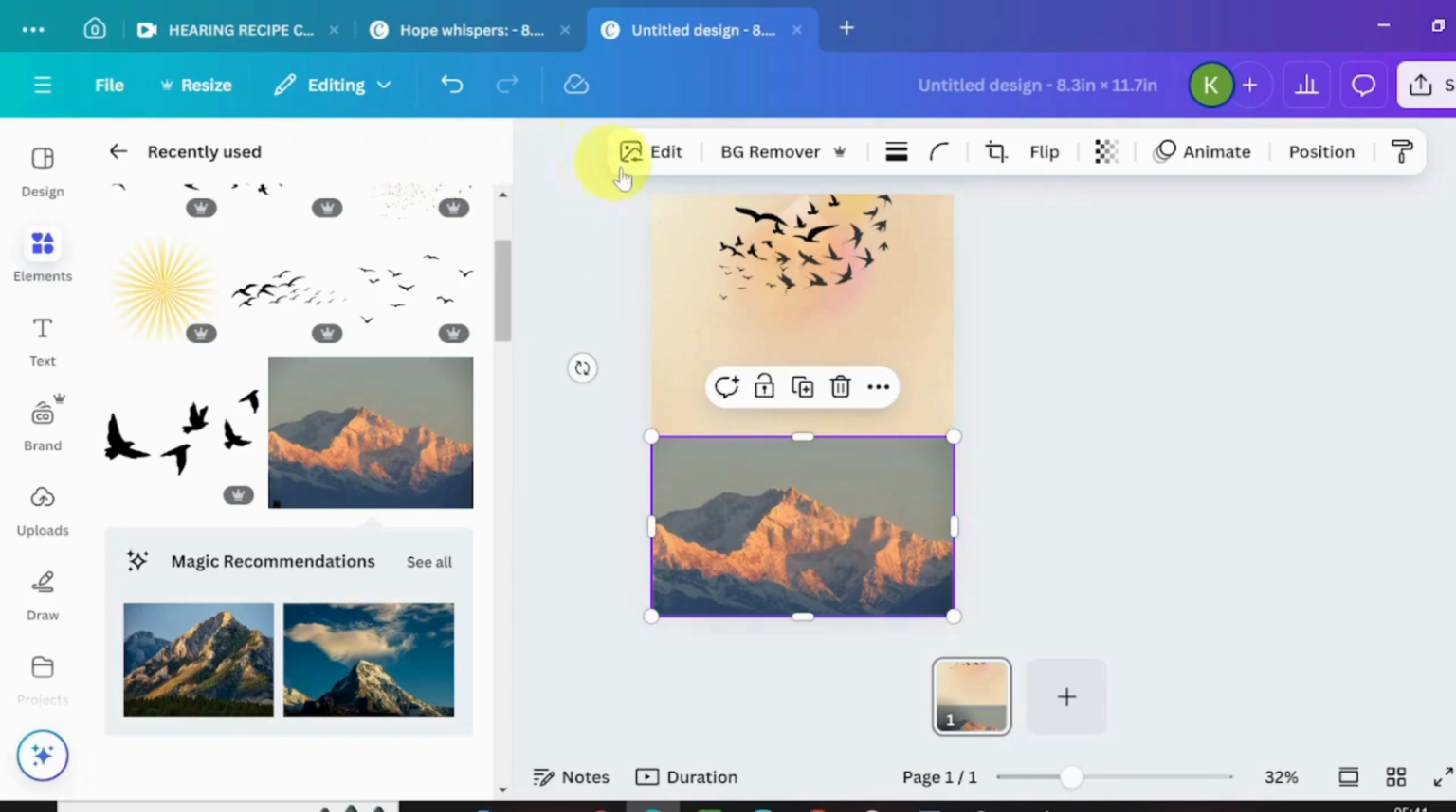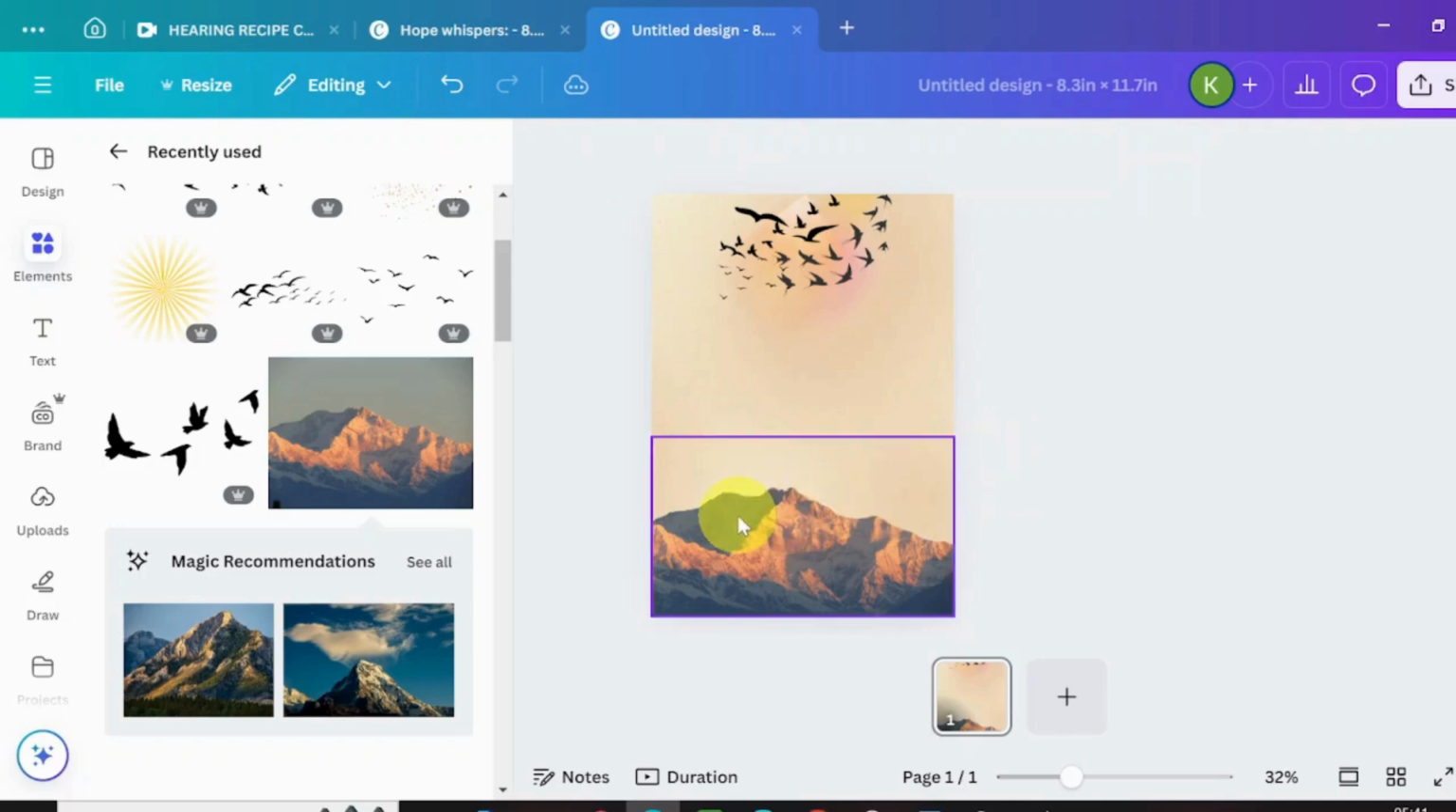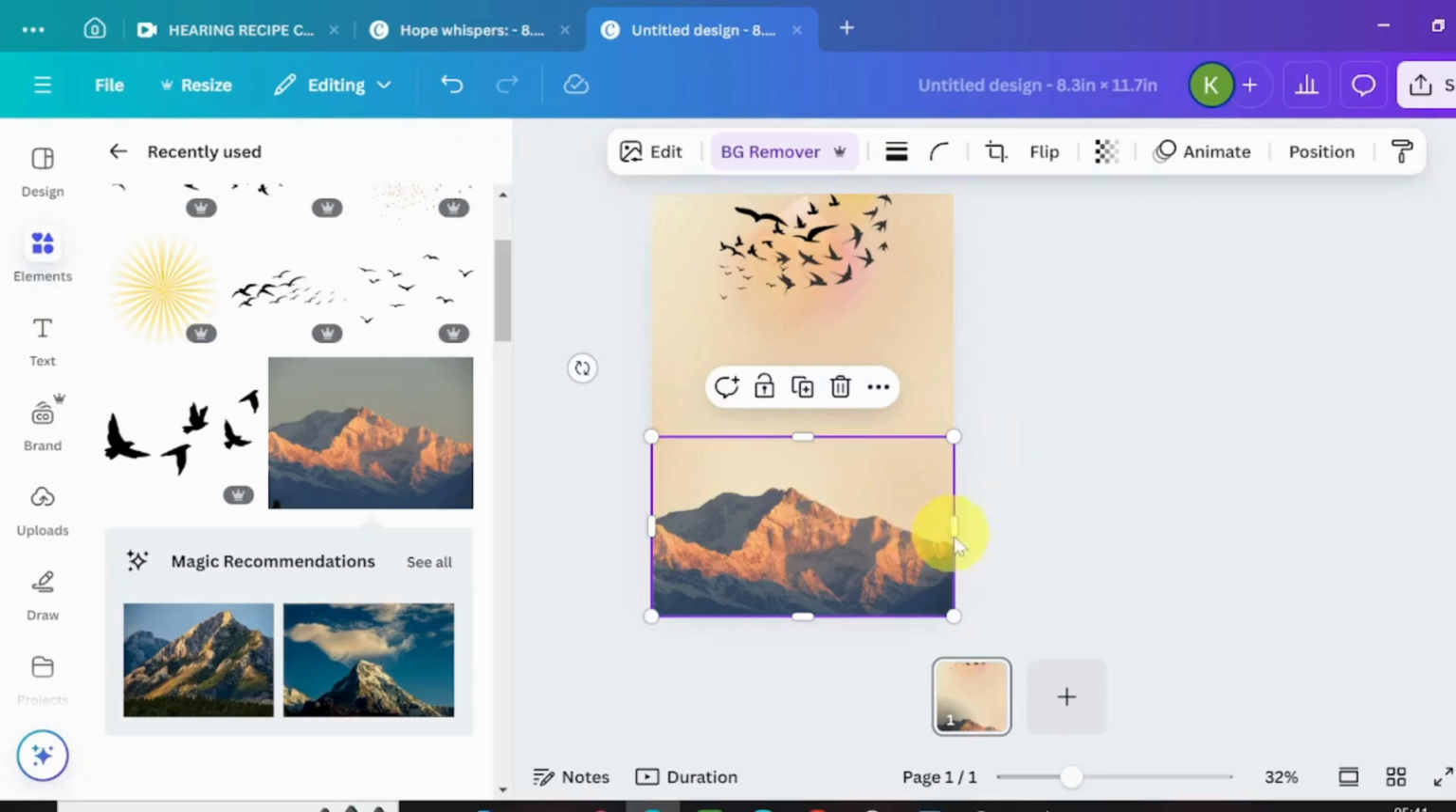I'm not going to leave it like this. Click on BG remover and remove the background for uniformity's sake, so you can see the beauty that comes out of it the moment the background was removed. And this is how we are going to leave the mountain here. Then the next thing we are adding